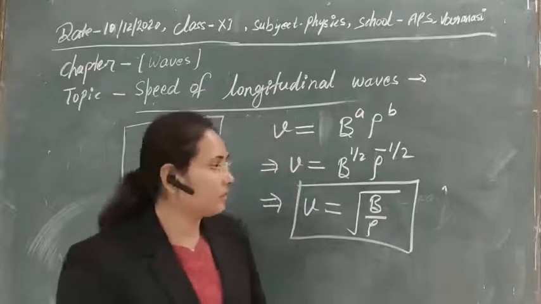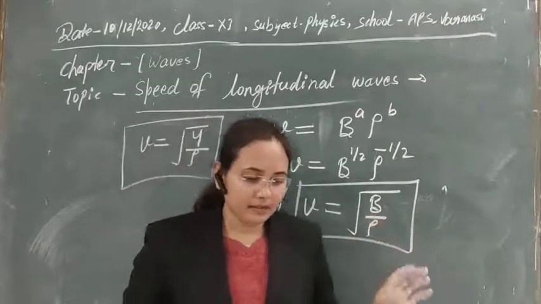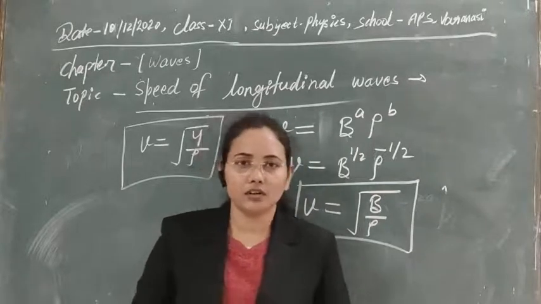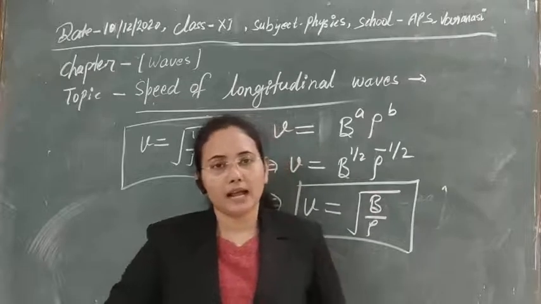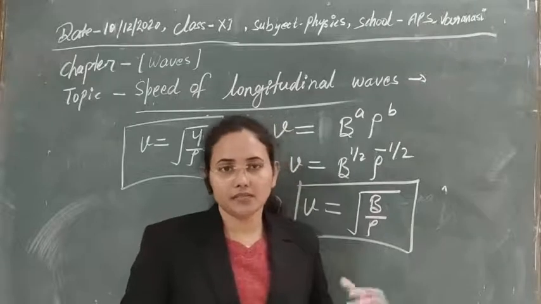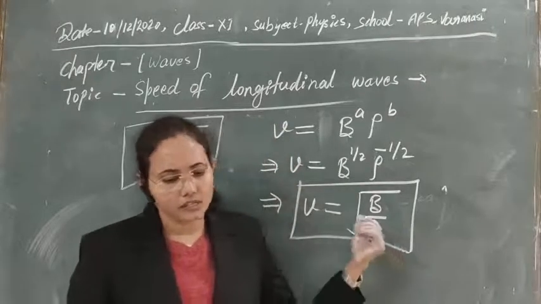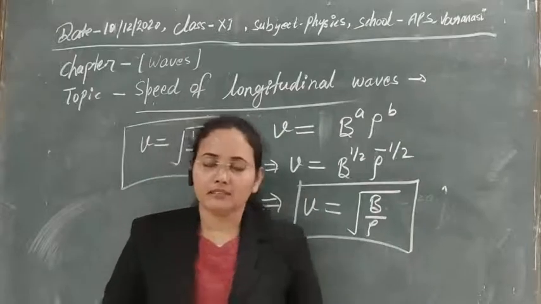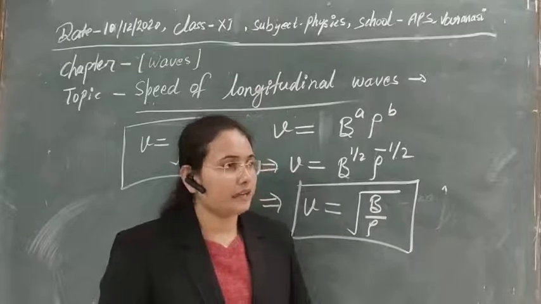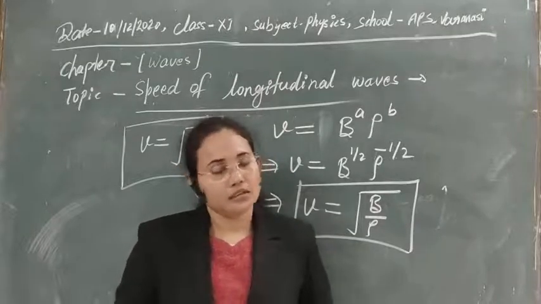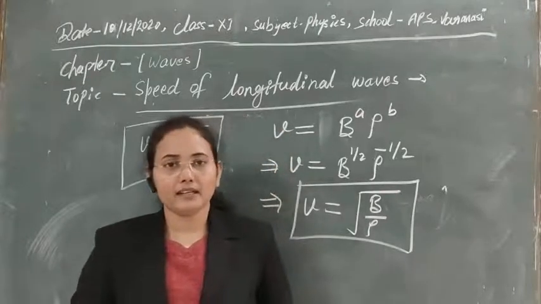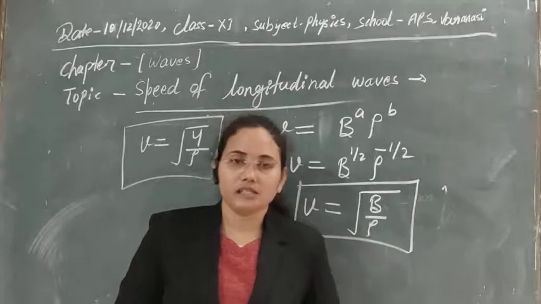So this formula is known as Newton's formula, and after that there were some corrections in this formula. It is not accurate, because when we calculated the speed of sound and other factors with the help of it, we saw that it was not correct. So Laplace made a correction to this factor with the addition of adiabatic behavior. In the next class we will see what the correction in this formula is and why it is needed. So we will see that in the next class, guys.